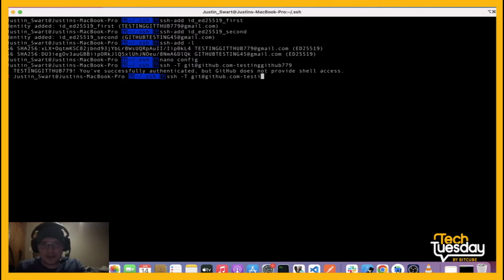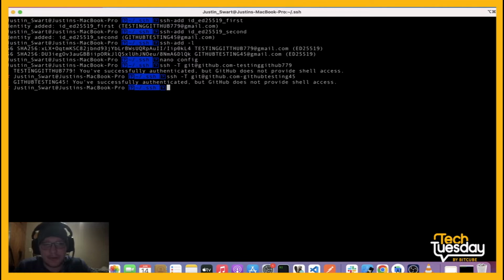So now we want to test our second one. For that, we'll just go GitHub testing, which is our secondary account's host name. We'll go there. So by doing this, you can basically see that your config file works perfectly. If you are able to connect through the SSH test channel here to your host name, the one that you specified in your config, and you get back a successfully authenticated message, you're 100% good to go with working on multiple